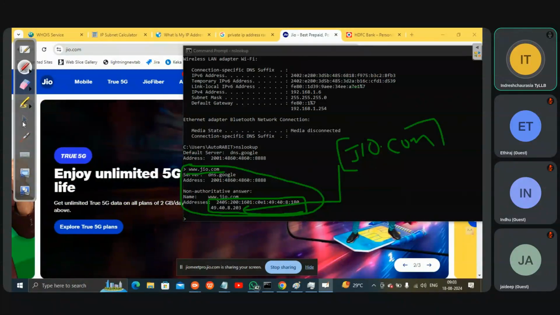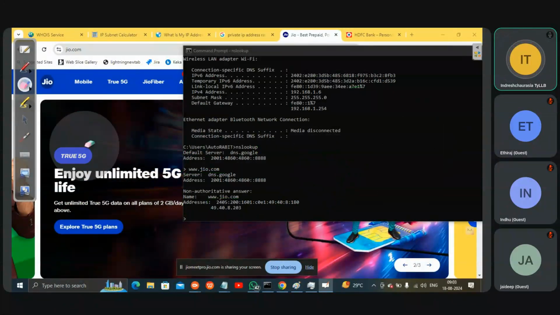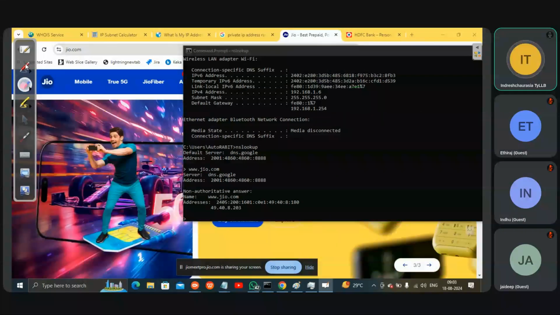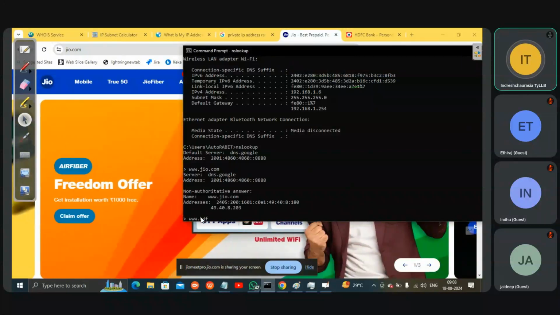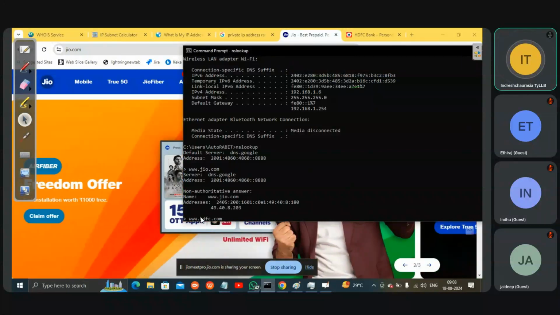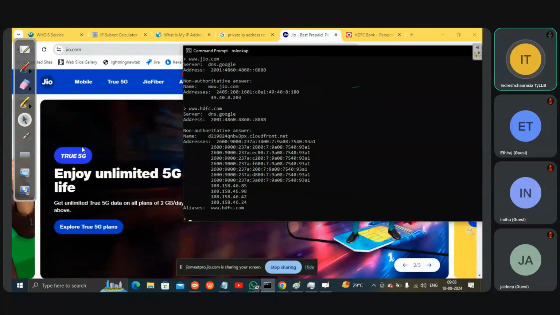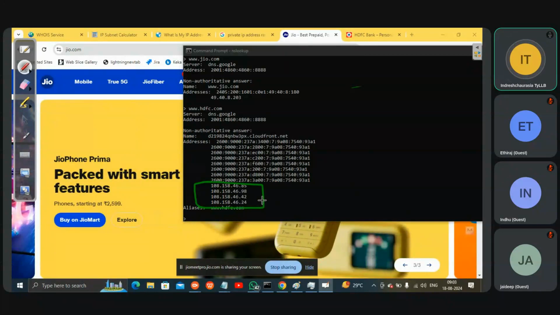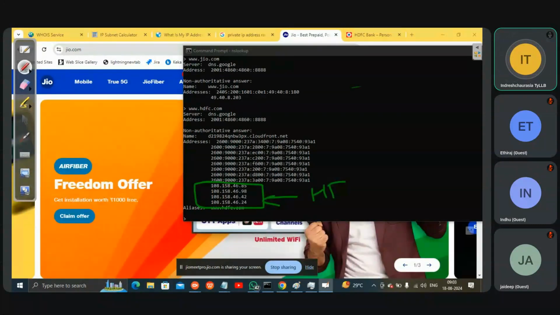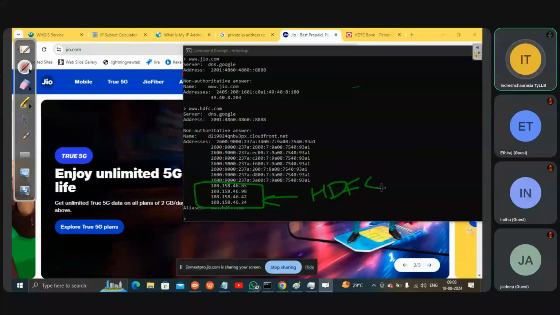If suppose I wanted to know any HDFC Bank address, how am I going to know? .hdfc.com. See, these many IP addresses are assigned to HDFC Bank. This is IPv4.